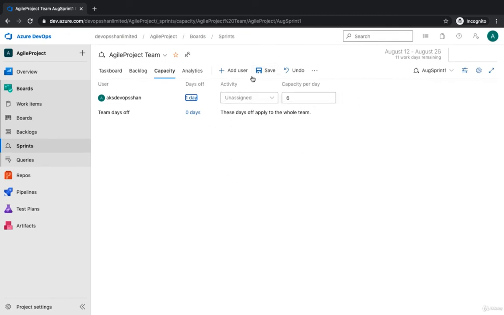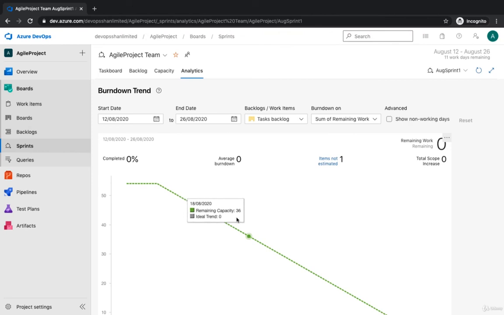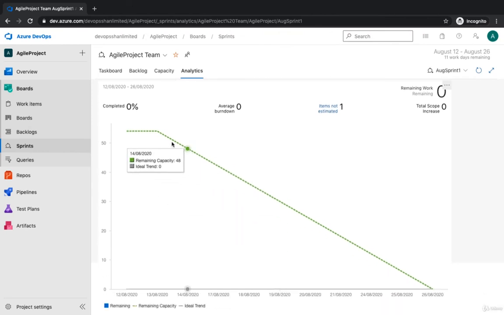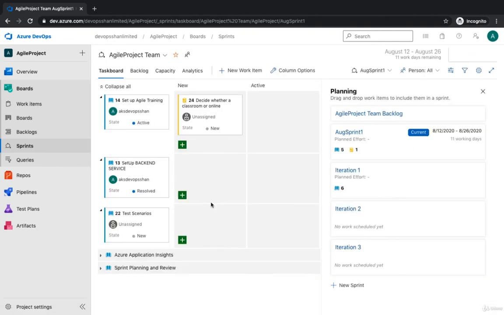You can visualize that, okay, I have these many hours and these are the users who are available and not available. If you go to the analytics, it shows you the burn down chart: how many work items are completed, what's the average burn down, and items which are estimated or not estimated. This is how you could utilize sprints